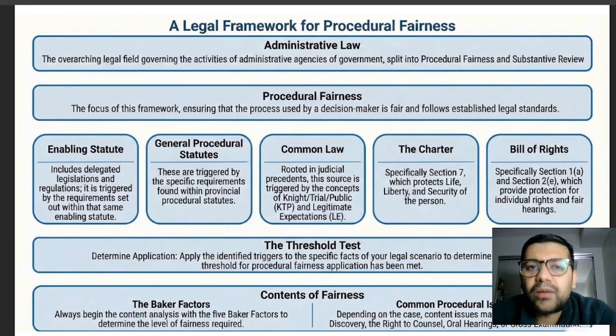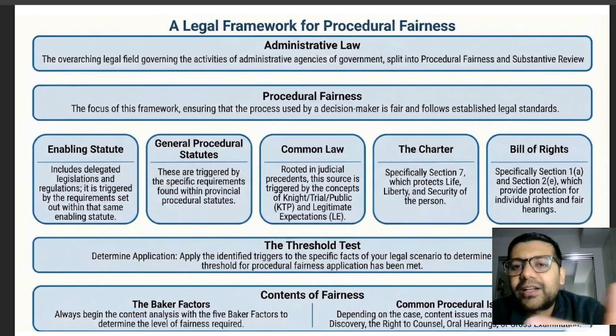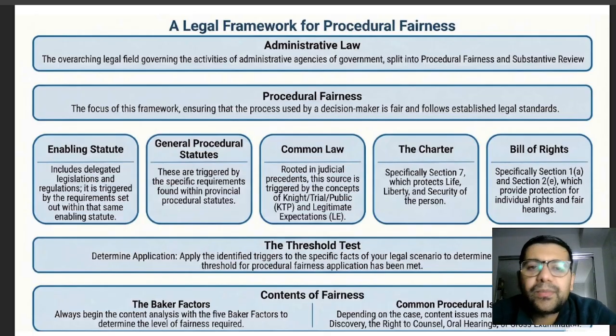Now coming to the common law, that's the bigger beast, right? That's where the whole procedural fairness questions will come from, because that's where you will do the bigger analysis. What does common law mean? What it means is that these are the cases that have been decided by the courts over a number of years, and these become the case laws, the very foundation of